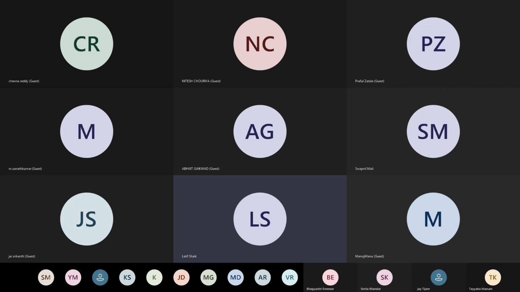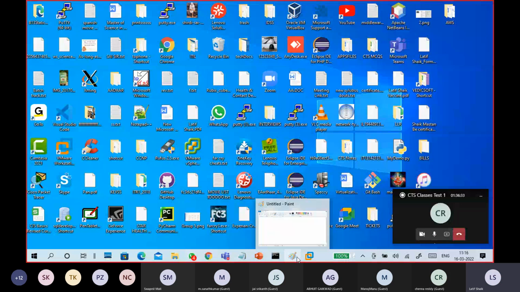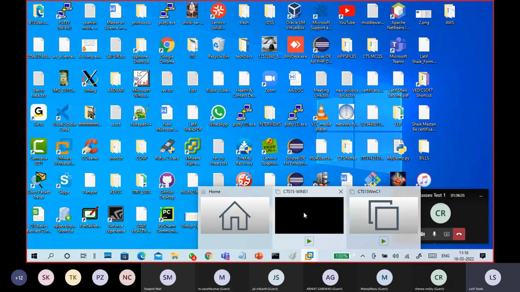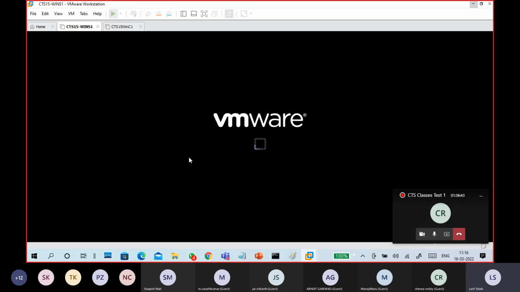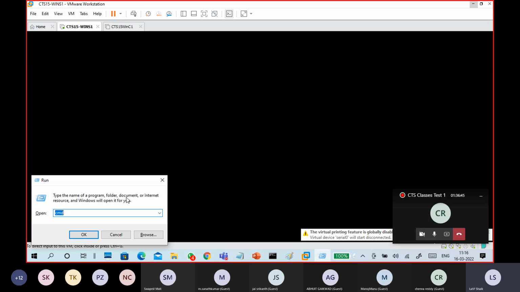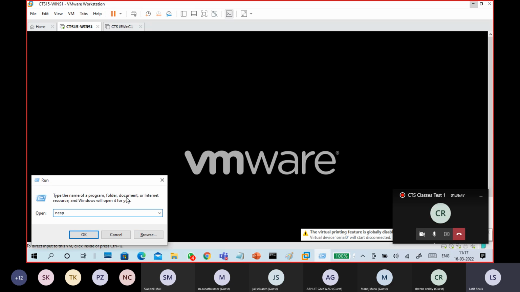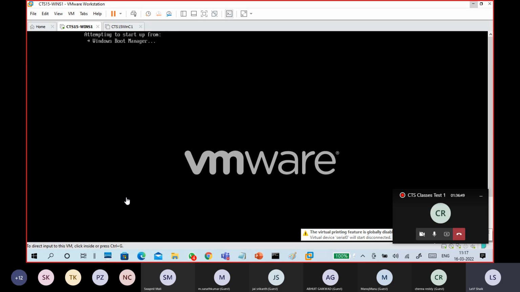Server side only. Client side is not a completely required part. Second, this is my server, so I'm going to start my server, but I'm connected to VMnet 1, right? So guys, if you are doing a practical, the practical belongs to DHCP practical. If you are doing a DHCP practical, not an Active Directory practical, in case you are doing a DHCP practical,